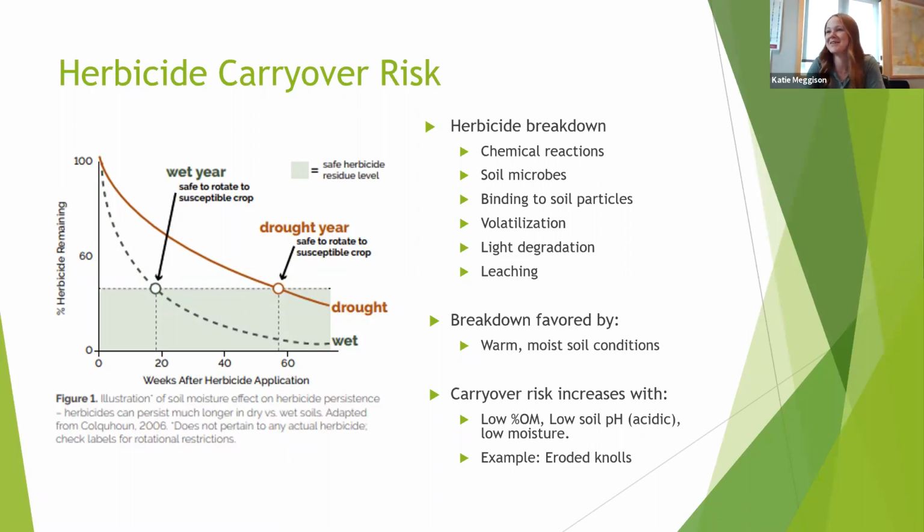So I'm here to talk a little bit about herbicide carryover risk this year. It's not a new conversation that we didn't get a lot of rainfall, so I'm just going to go through that a little bit here. I was definitely seeing some residual carryover symptoms in fields this year with canola on pea stubble down in the southwest corner. So it's going to be something to watch out for again,